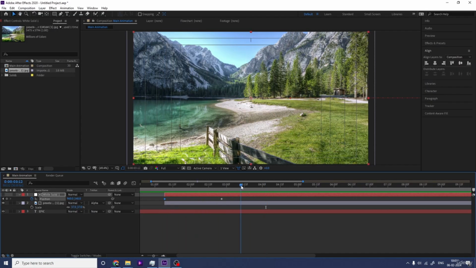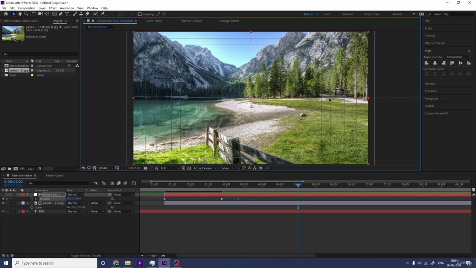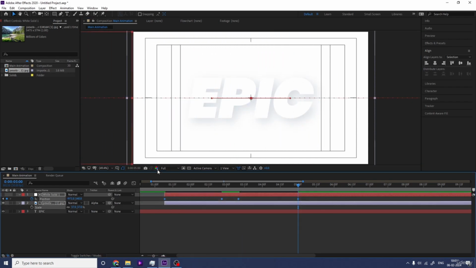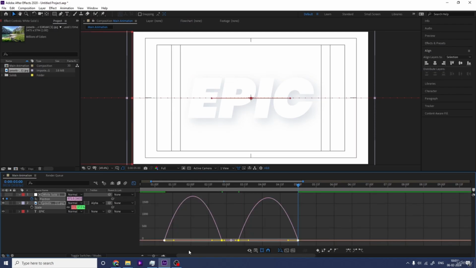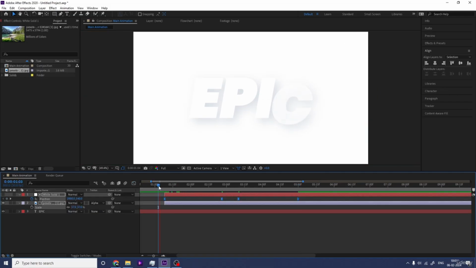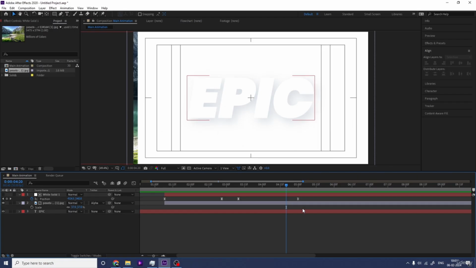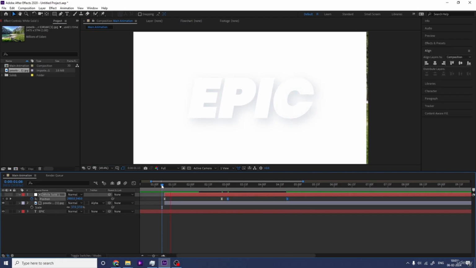Then take a gap of a few frames like this, and after 5 frames I'm going to move this from here to here and select those keyframes, hit F9, go to the graph editor, select this graph by holding shift, move one handle over here and move one handle over here. So if you see, you will get something like this. And if you want, then you can move these keyframes over here also,